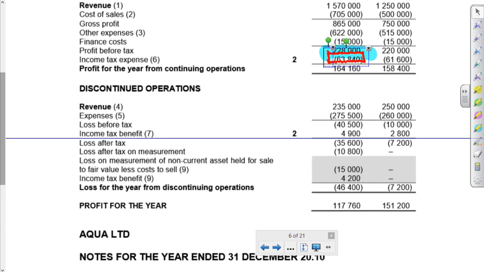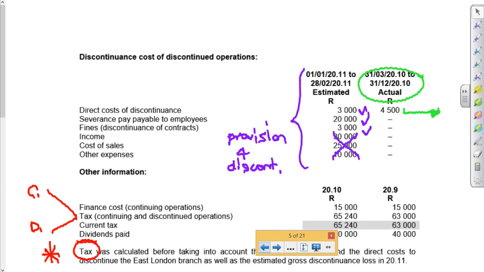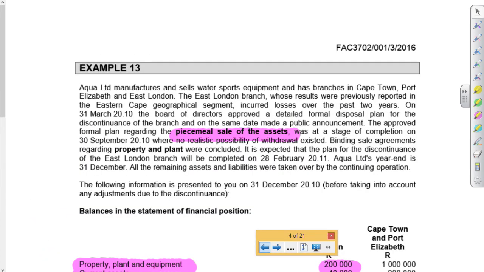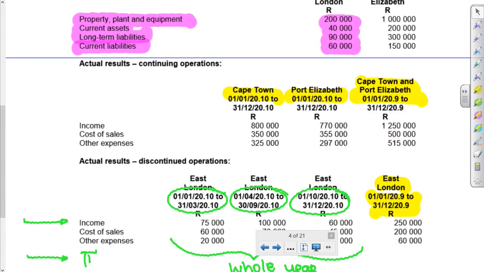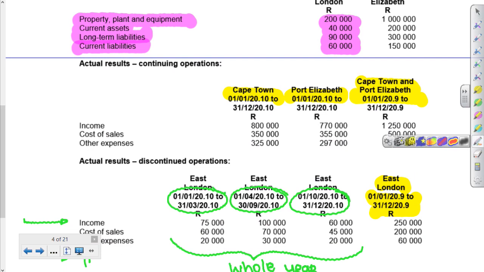And so when we look at those extra expenses that they told us about, we're having to add on, let me just find the calcs. No, I don't see that calc. We'd have to add on the 3, the 20, the 3, and the 4.5, which I had in my story. So if we look back, the total expenses for the discontinued operation are these numbers at the bottom here,